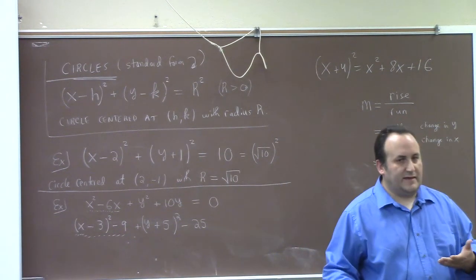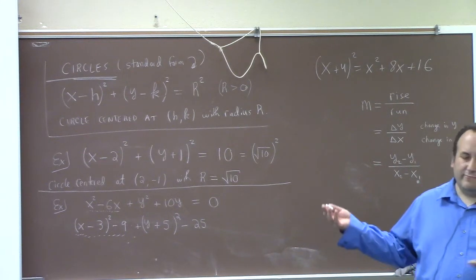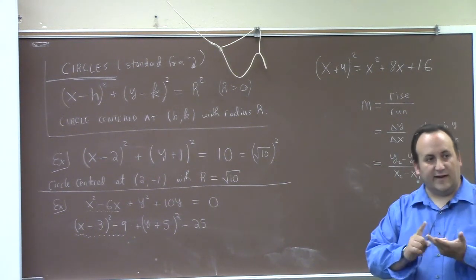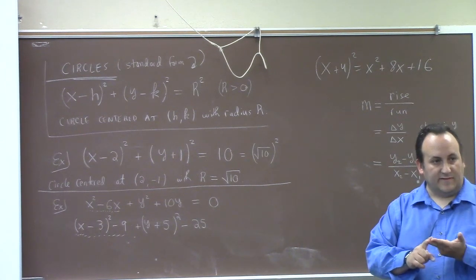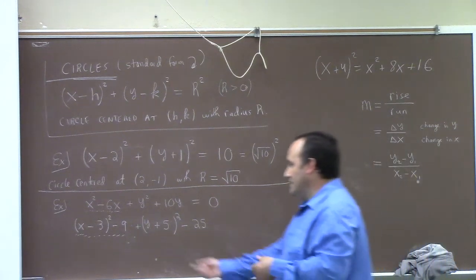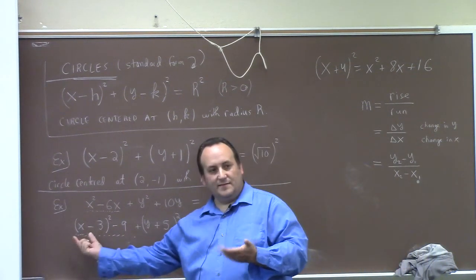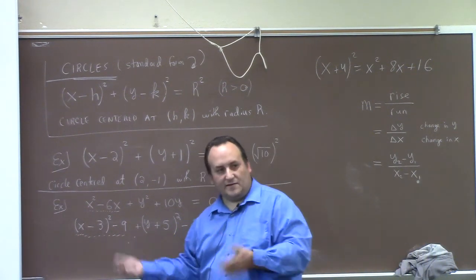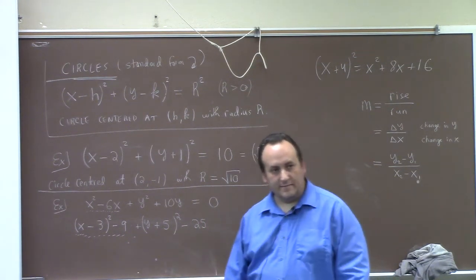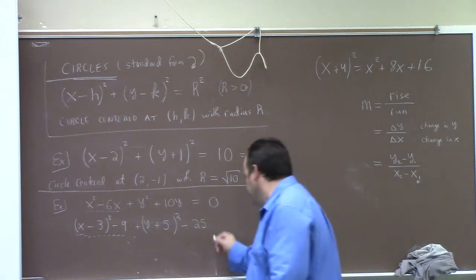So when we're manipulating an equation, we more or less have two options, right? Multiply by 1 or add 0. So we've added 0 twice in a sense, because writing this adds 9, but then we subtract 9. That's adding 0. Here we're adding and subtracting 25, if you get into it. Anyway,